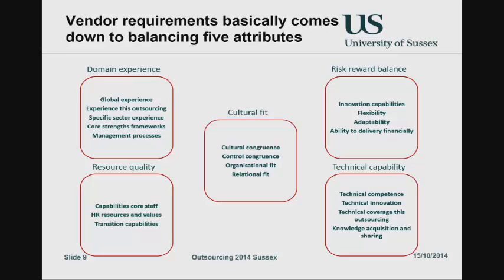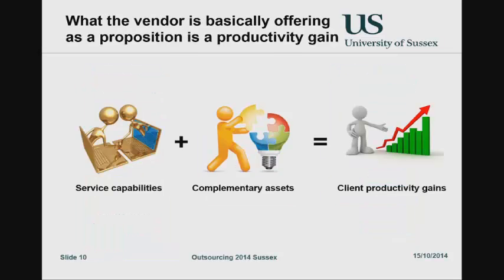Technical capabilities, rather obvious. What does the resources side look like? I mentioned later on, have a look at them as well. The people you'll see in the bid will be people like the bid team, the account managers and all the rest of it, who do everything fantastic. The people who really need to know who can do it are the people who do the work. So you need to check those out later on. And domain experience: if you want a global supplier, don't go for a local garage operation. You go for a global supplier who can actually do it, because if you don't, you make some terrible mistakes, believe me.